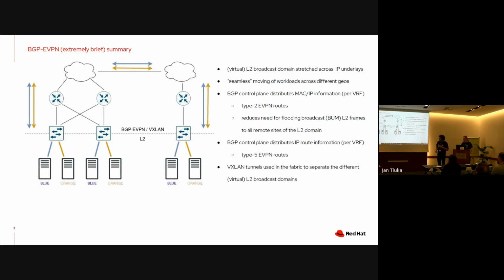So as you can see in this picture, there's no OVN here. This is a classic network. Let's assume we have a couple of layer 2 networks, let's call them blue and orange, and they're distributed potentially across different geographical locations, right? One of the main use cases for BGP EVPN is to actually manage to get traffic from a blue host on this side to a blue host on the other side across a layer 3 fabric. And to achieve that,